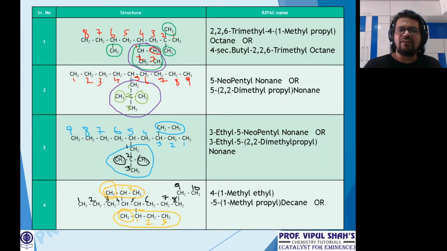Okay. So 5-propyl, 1-methyl propyl, skeleton of 10, decane. So the continuous chain does not necessarily have to be in a straight line. It can go up, it can go down, but it should be in a continuous manner. Okay, that's one. Now what will be the other name to it?